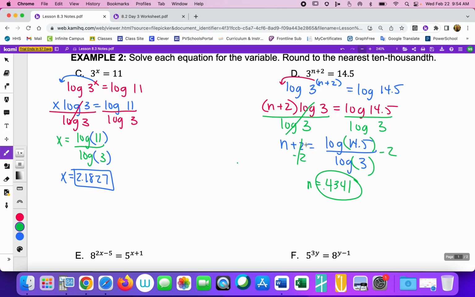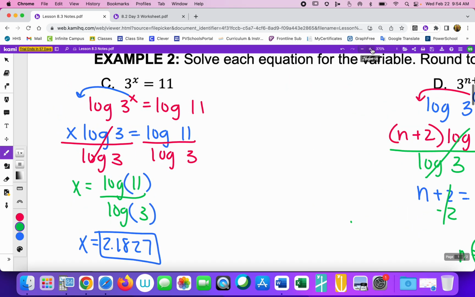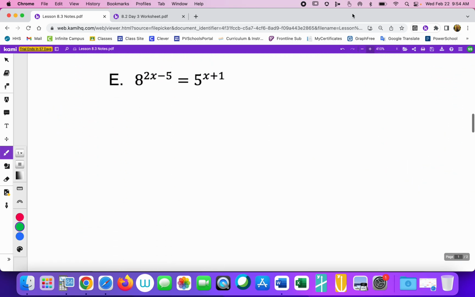So this process is going to be lengthy. Nothing changes though, especially in the first 2 steps. Okay. So our first 2 steps are what? Insert logs and bring the exponents down. Now, if you want to do both of those steps at once, you can. Okay. The exponents are going to have to come down and then the logs get put in. So we're going to have to bring each of these quantities down and insert logs. So if you want to do both at once, you have permission to do so. Just stay